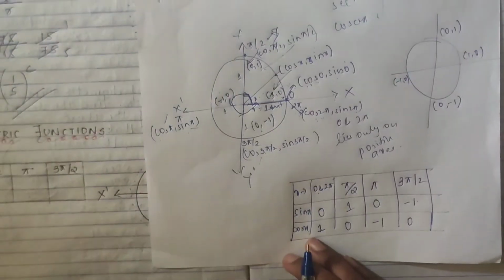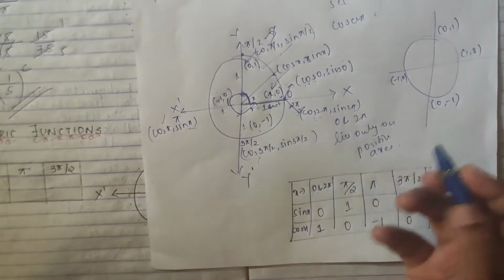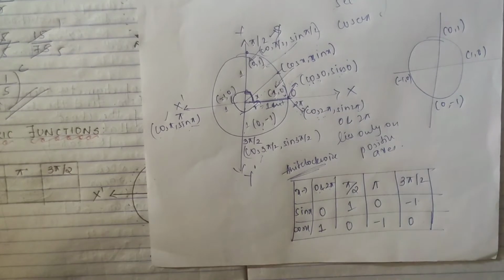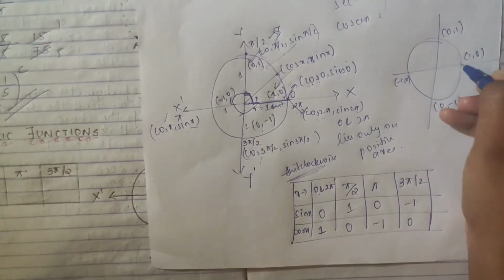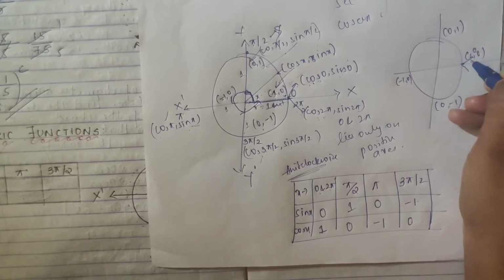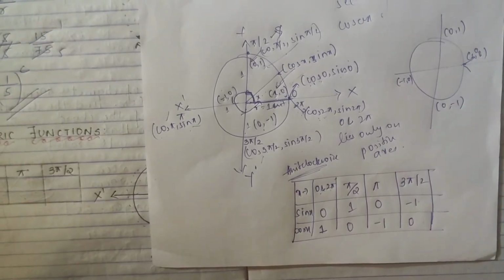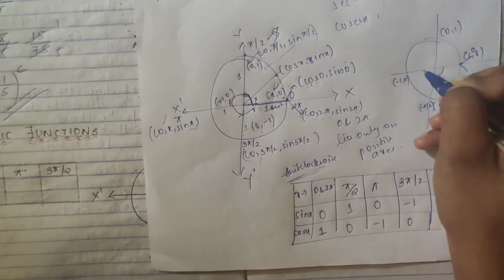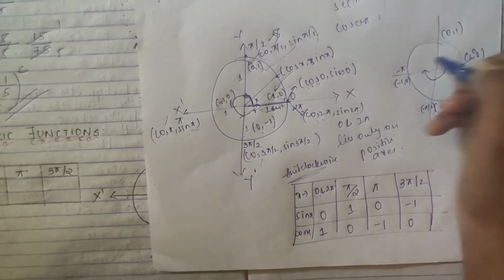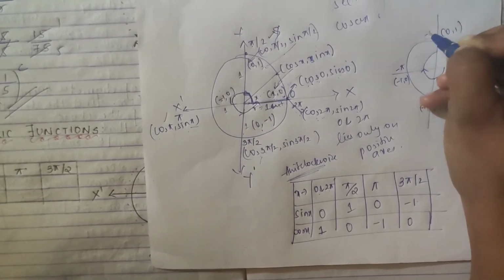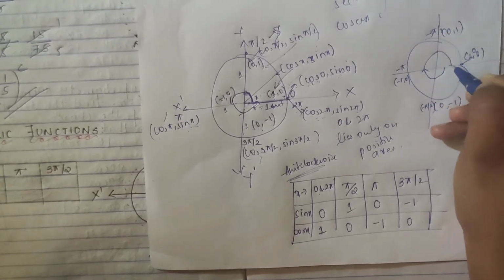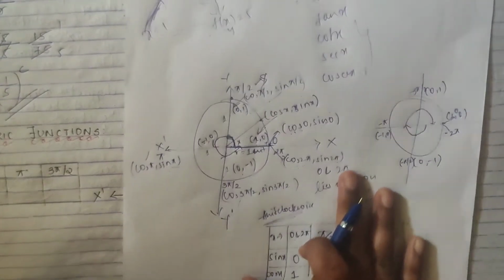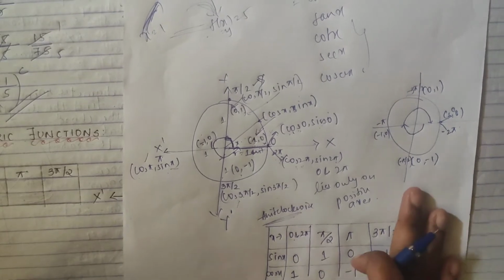See, this was according to anti-clockwise, right? Like this we had gone, according to anti-clockwise. The same if we go clockwise, like this: if we go here, see, here it is 0, this only we consider 0, right? If you start from here, this is your minus pi by 2, and if we go here we get minus pi, and this section will be your minus 3 pi by 2, and if you come here you get minus 2 pi. So this is your clockwise direction.